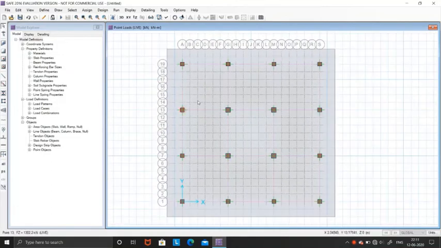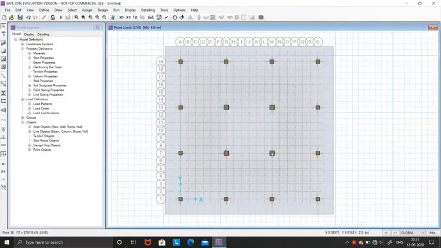Okay, the material is changed. Now we will run the analysis on this foundation.